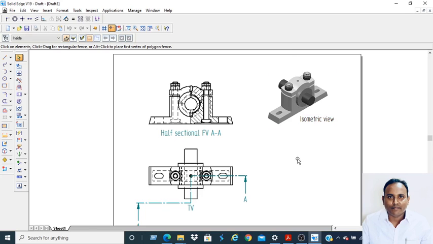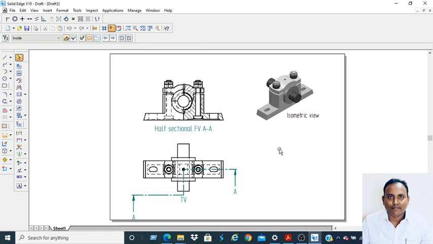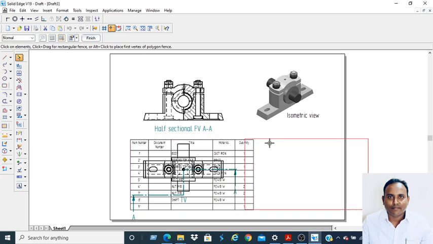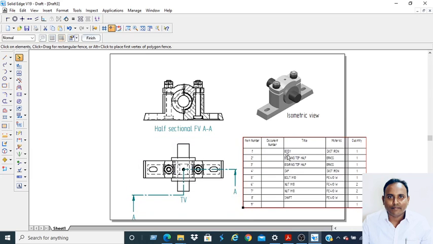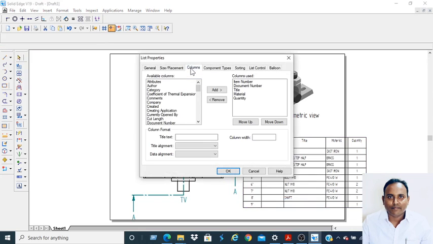And one more thing you are supposed to represent here: the part list. For the part list, go to part list, select this particular view and finish. See, the part list is ready here. Now in this one, the document number is not required. Right click on this one, go to properties, columns.